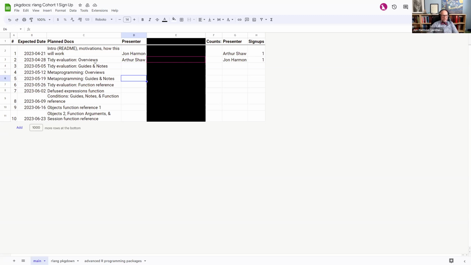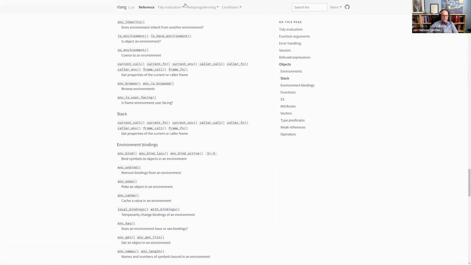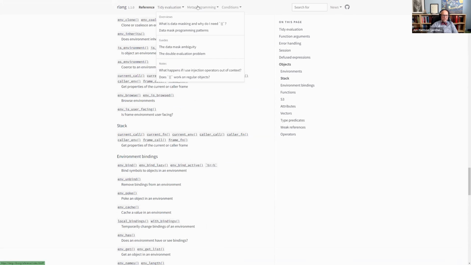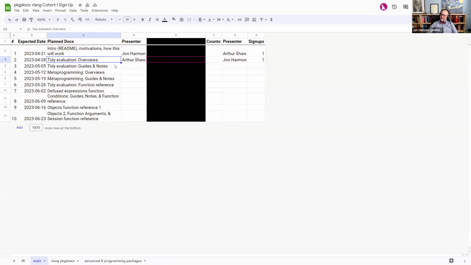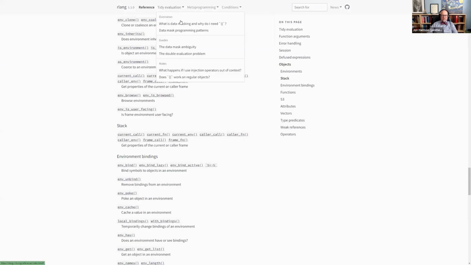Oh, and I didn't really explicitly go through this, but the way I have it set up is each week, do all of the overview articles, which is always 2 or so. There are 2 in tidy evaluation. Oh, there are 4 in metaprogramming, but they were shorter than the tidy evaluation ones, and there aren't any in conditions. So I have those together. Like I said, roughly that plus a little bit of room for the individual references is about the size of a chapter in a normal book. If you go to work on presenting these and you find either that's way too much to do in 1 week, or that's not really that much,